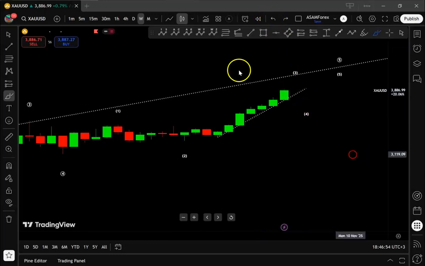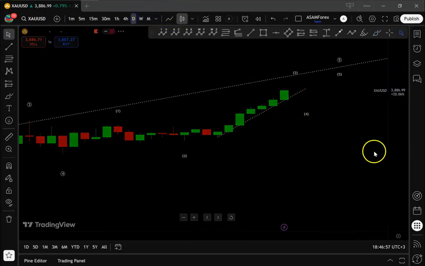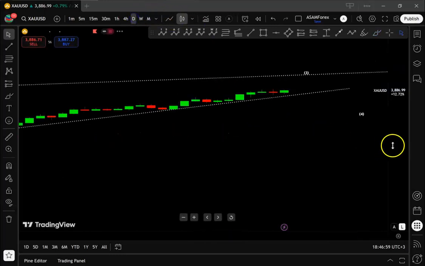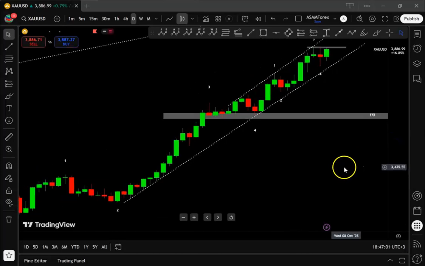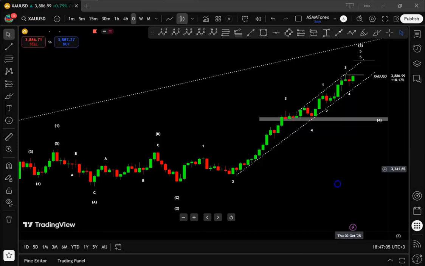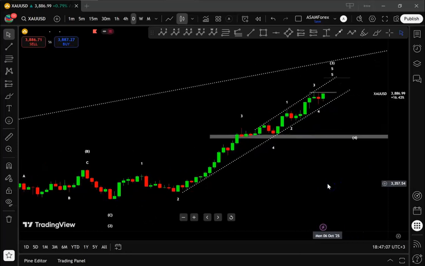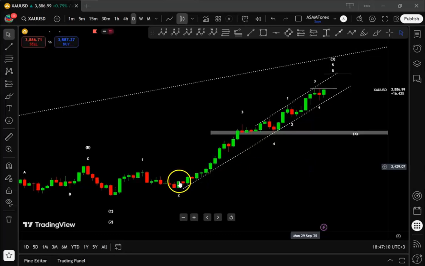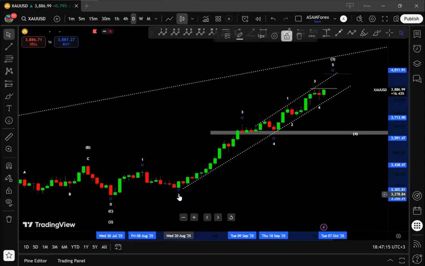And now moving to the daily time frame. Okay, so in daily time frame we are going more specific and things are getting even much better, whereby we see those wave counts we're talking about in higher time frames are getting even more clear with the 1, 2, 3, 4, 5. So we're looking for the 5th to the upside.